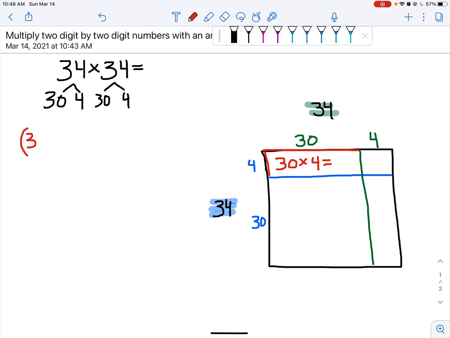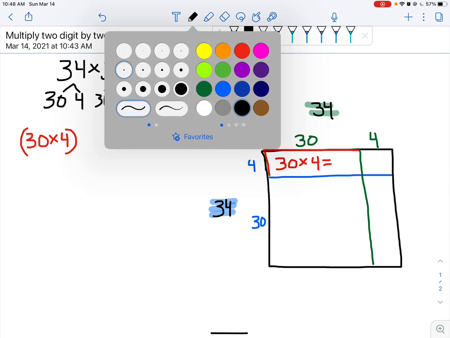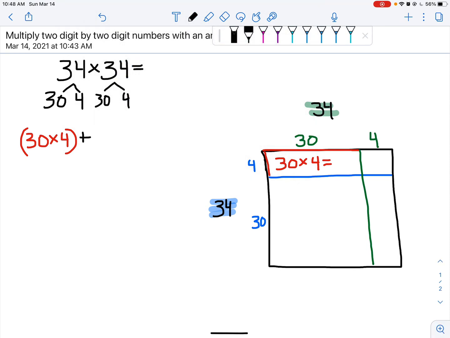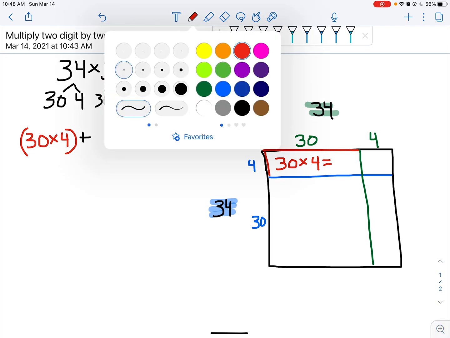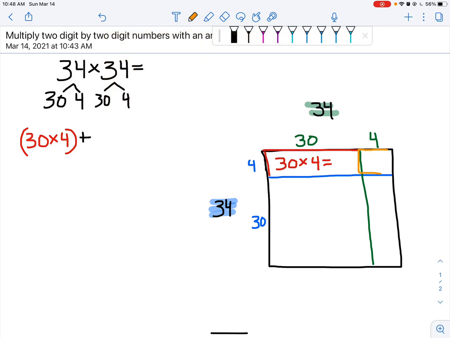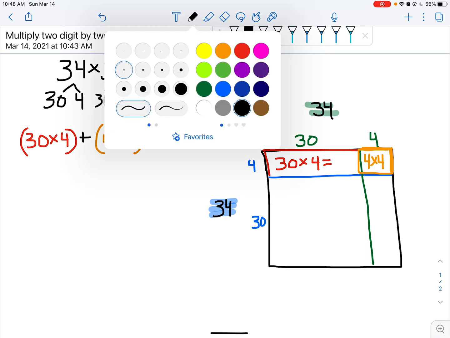So when I'm going to write this out and show my work, I'm going to write my 30 times 4 plus, and I think I just want to list them all out first. This little rectangle, or actually little square here, is a 4 by 4. So this one's going to be 4 times 4, right? Because this little side length is 4 and this little side length is 4. Right? And then I'm going to add,